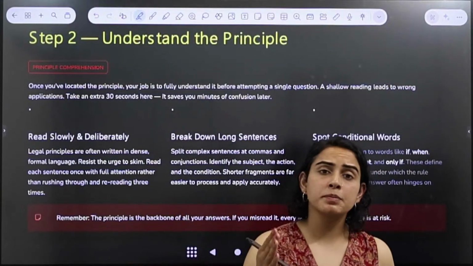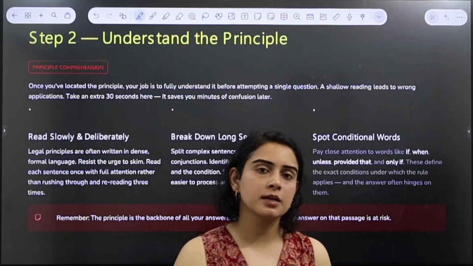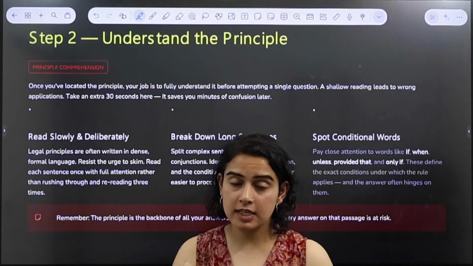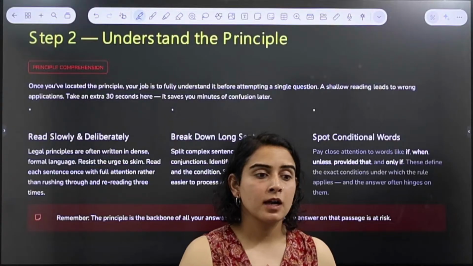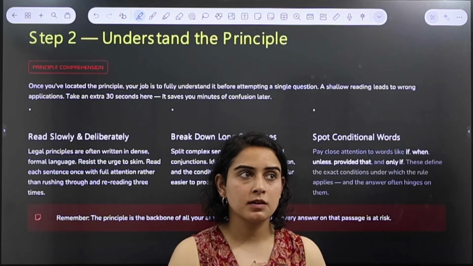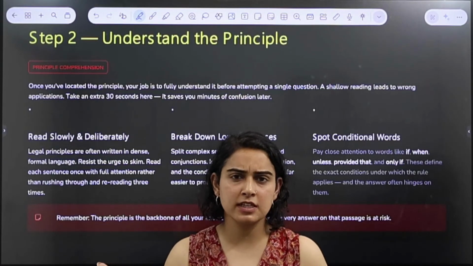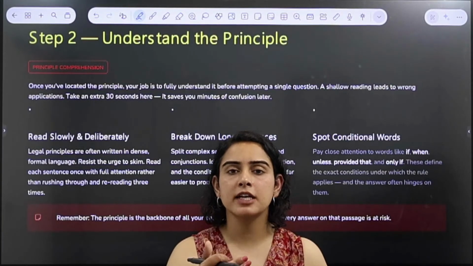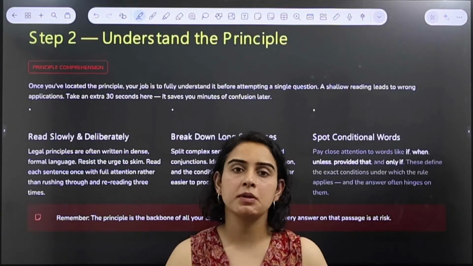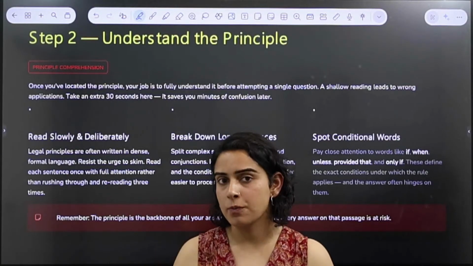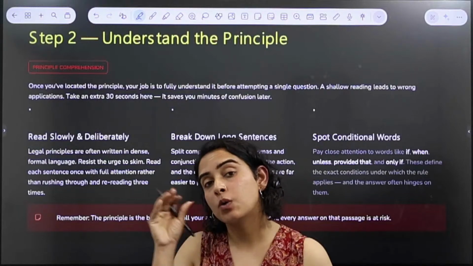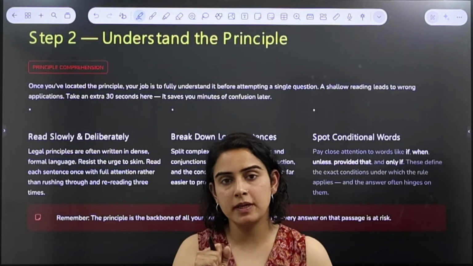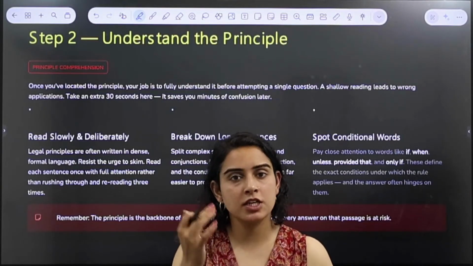After identification of the principle, understand the principle. Now, see, the principle that is given to you in the passage can be really different from its counterpart in real life. There is a possibility that, okay, maybe in the passage they've discussed a law which does not exist in reality. For example, in the passage, they've said that marital rape is criminalized in India, right? But in reality, we do not have any such law. So, in that case, if your outside knowledge says that, okay, marital rape otherwise is not a crime, it should not be discussed this way in the passage, it doesn't matter.